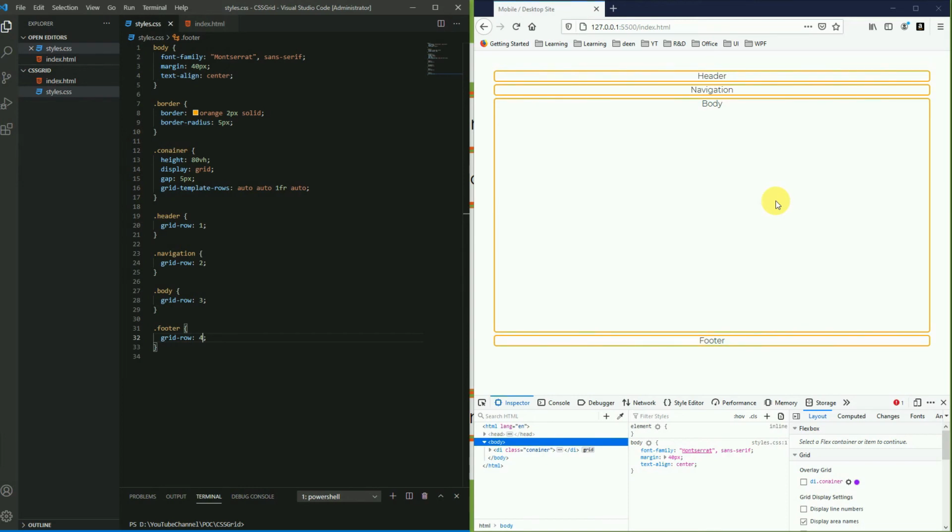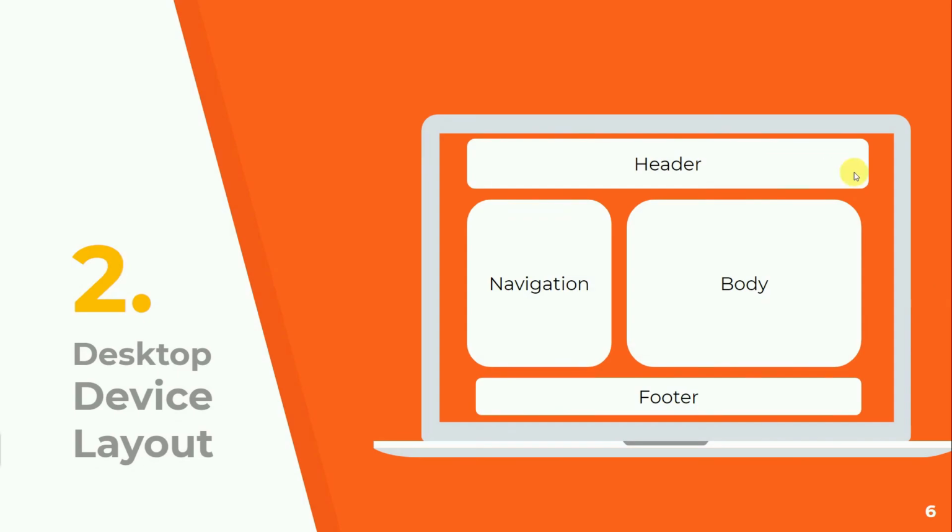Now we have to implement our second layout. So we need to design the desktop view based on our second layout. You can see that we have common elements in mobile and desktop, but the arrangement of these elements is a bit different with respect to the device viewport, or you can say the width of these devices is larger.